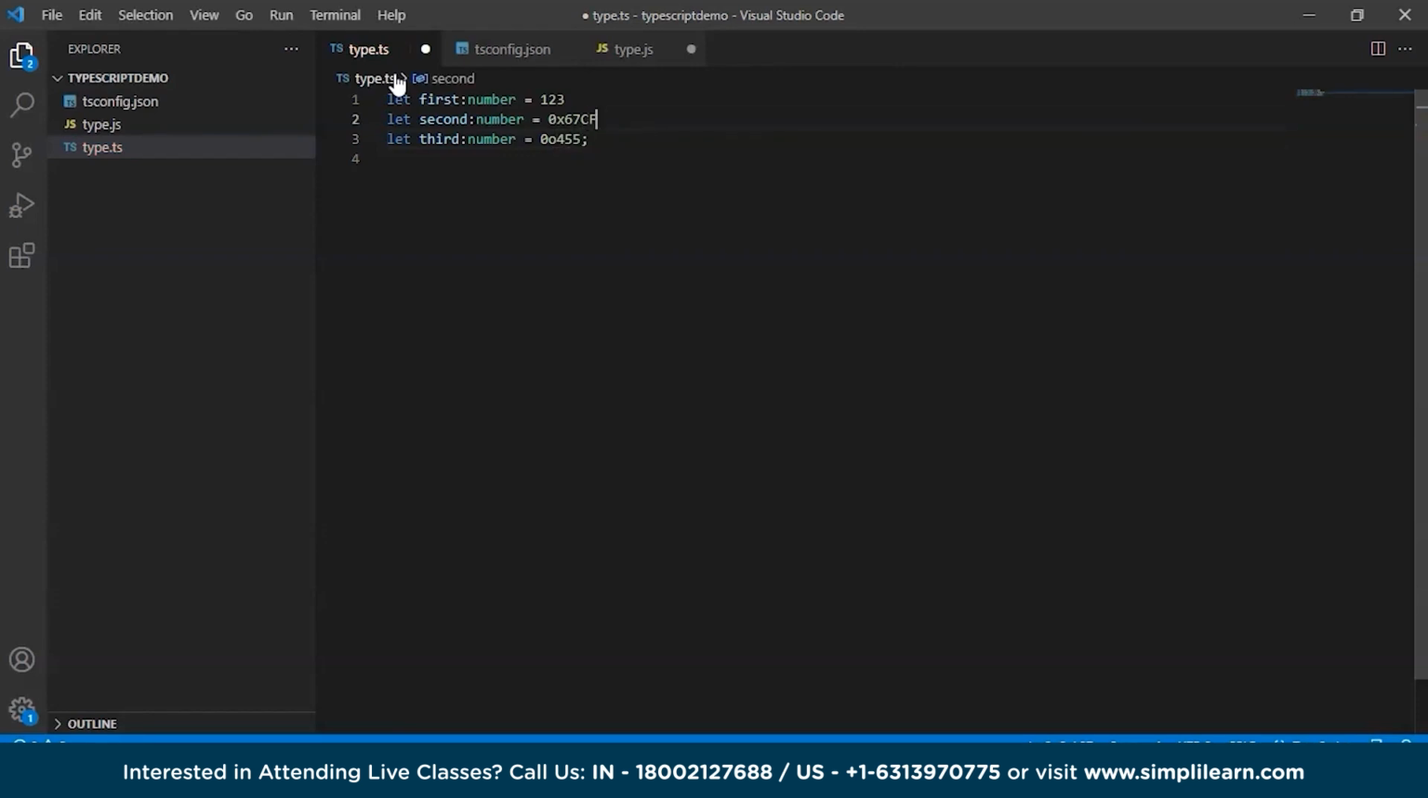And don't forget to put the colon, otherwise it will show an error. Let fourth, now we'll declare the number of type, say binary. So TypeScript supports number data types, like the numbers can be stored in floating point numbers or decimal or hexadecimal, octal or binary. So this is basically a number,